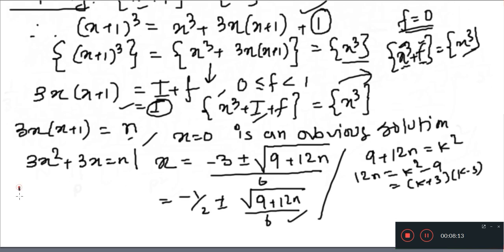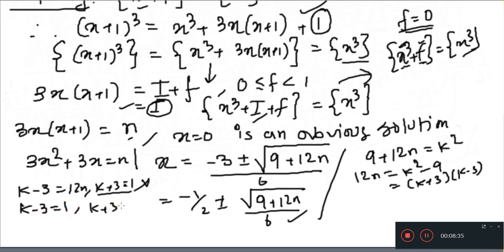Let's say first condition, k minus 3 equals 12n and k plus 3 equals 1. This is absurd, so cancel, because k becomes minus 2. And if k is minus 2, n will be minus 5 by 12. Doesn't make sense. But if it's the opposite, k minus 3 is 1 and k plus 3 is 12n,